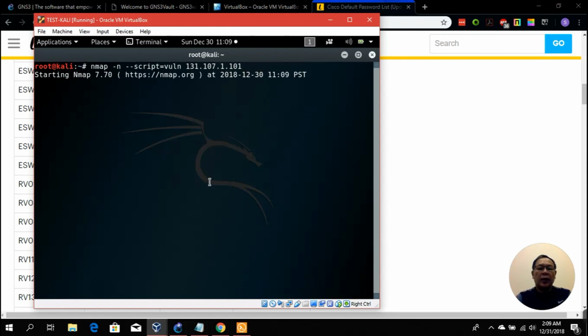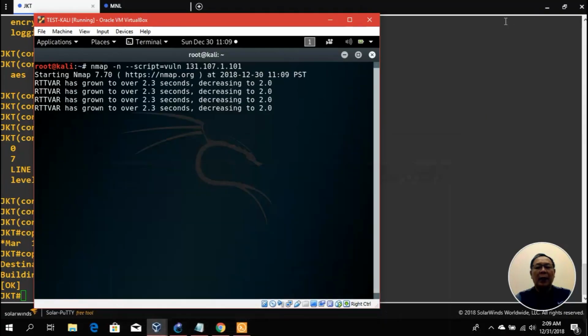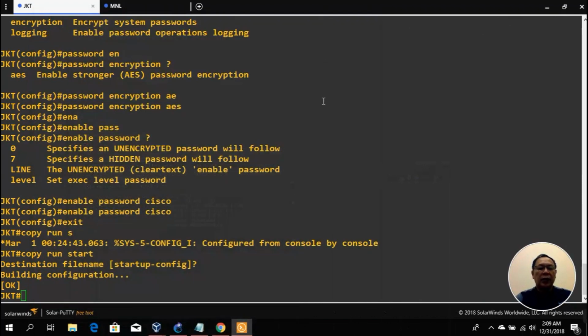Do you know that Nmap can also be used as a vulnerability scanner by utilizing the scripts, the Nmap scripts? So while waiting for the scanning process, let's review the